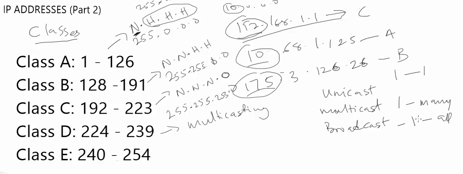Okay, so that is one to all, broadcast. Why would you want to multicast? That is beyond the scope of this class for now. But the class D IP addressing is reserved for multicasting, and class E IP addressing is reserved for experiments. It is experimental, used for experiments. Which experiment? Oh well,